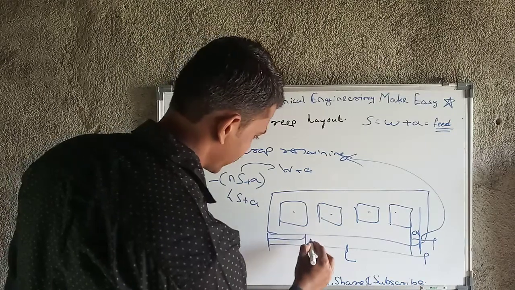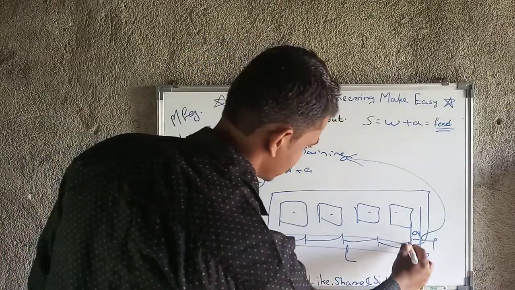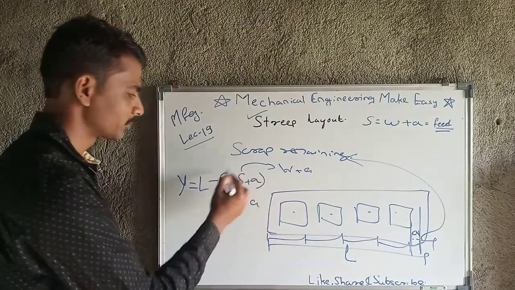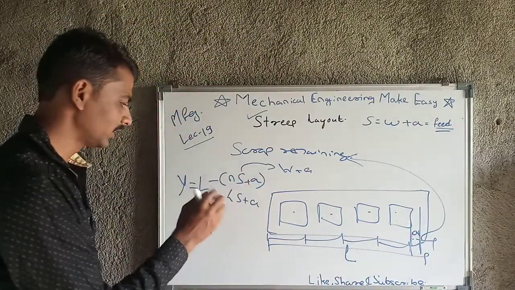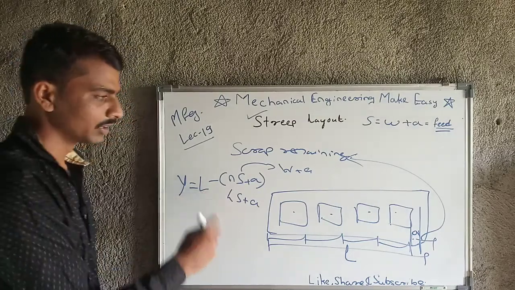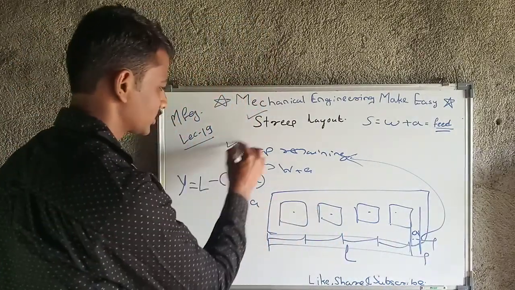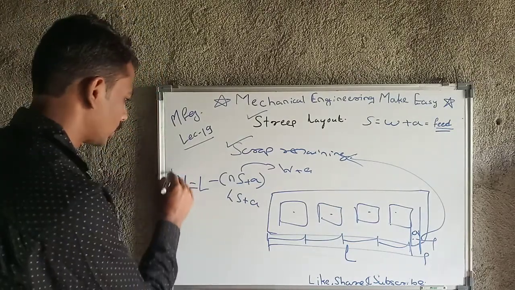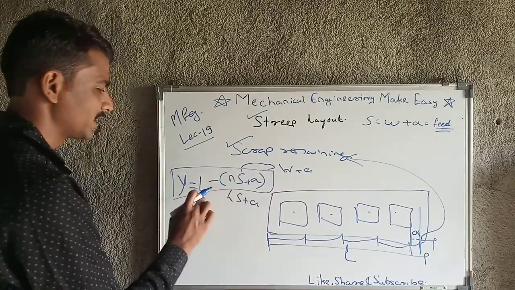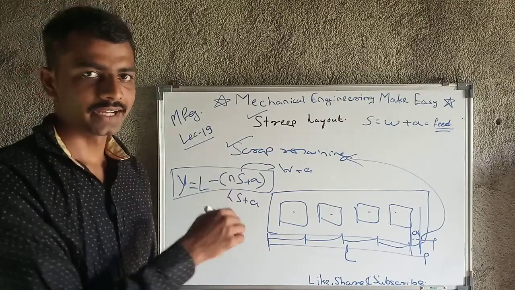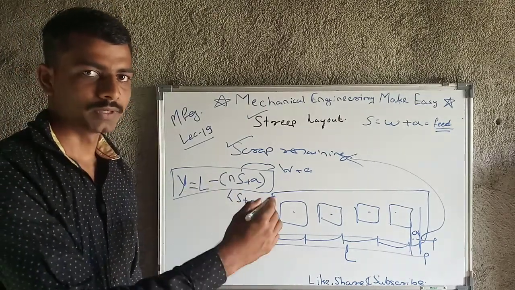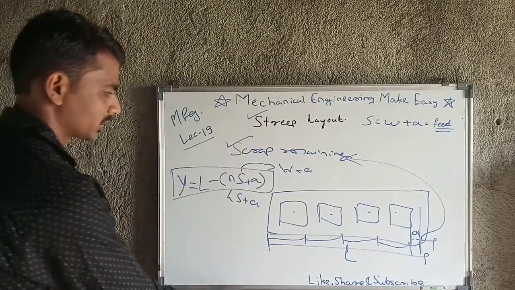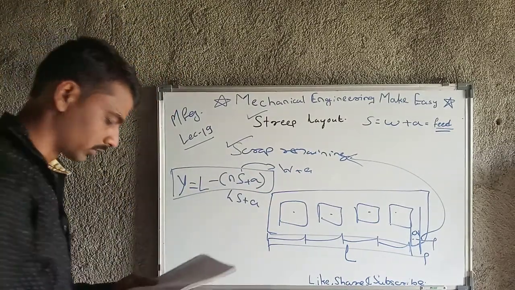Okay, this is 1s, then this is 1s, then this is 1s, this is 1s, so the remaining is A, that we have to consider in this parameter. So ns plus A we have to subtract from L, so the remaining portion will be nothing but scrap remaining at the end of the sheet. So note down this formula: y is equal to L minus bracket n times s plus A. Here n is the number of operations we have performed, the number of parts we have cut.